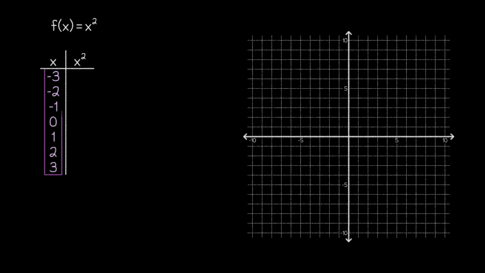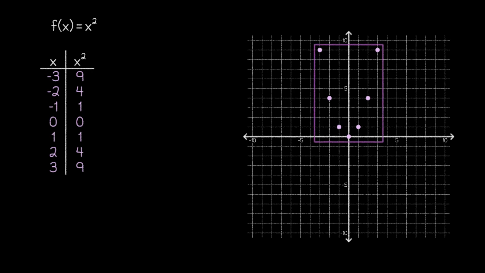We'll start things off with the simplest case of the vertex form, f of x equals x squared. This is the quadratic parent function, and as such, this will be a good place for us to establish the key values that we'll use when graphing quadratics. Let's start by trying out the same key values that we used for absolute value functions, the integers from -3 to 3. Then, as we evaluate the function to get each output, we'll also plot the resulting points on our graph. Eventually, we get these 7 points.